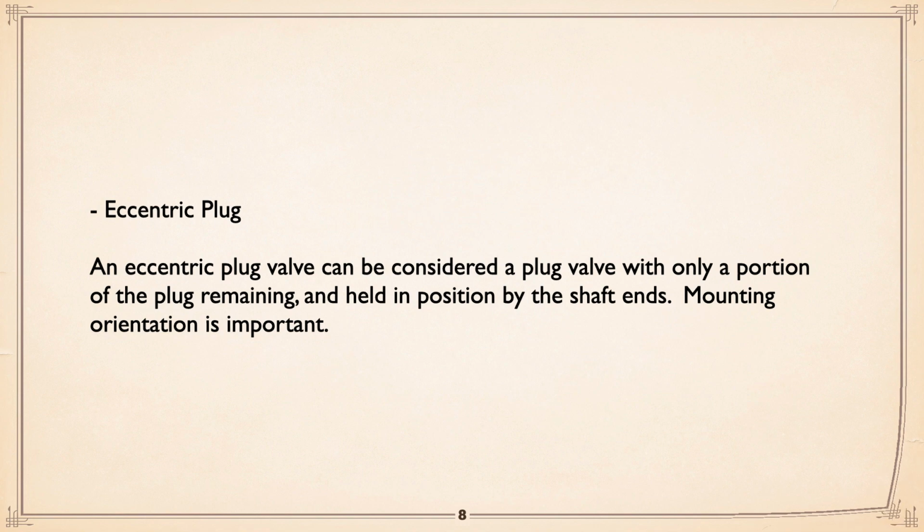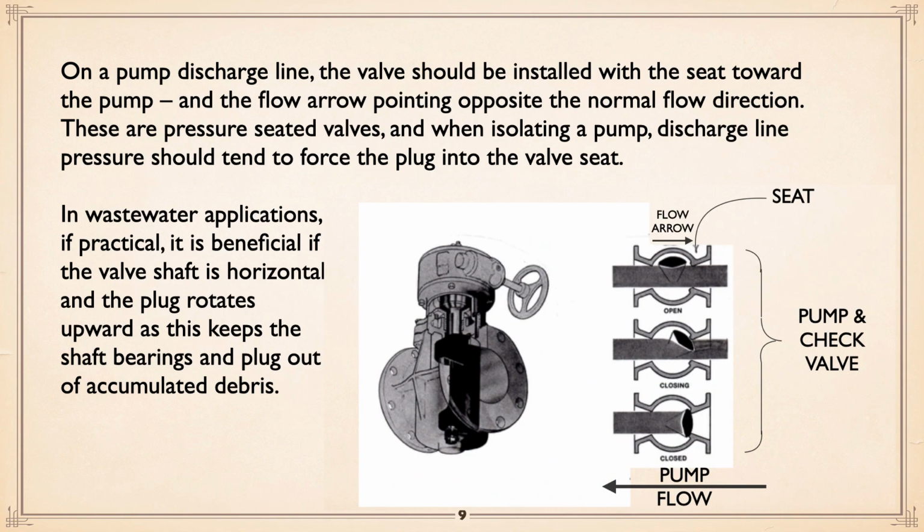Mounting orientation is important. On a pump discharge line, the valve should be installed with the seat towards the pump, which means the flow arrow, which is pointed at the seat, is actually pointed opposite to what normal flow is when the pump is running. Why do we do that? These are pressure-seated valves, and when isolating a pump, discharge line pressure should tend to force the plug into the valve seat. If you see here the drawing,